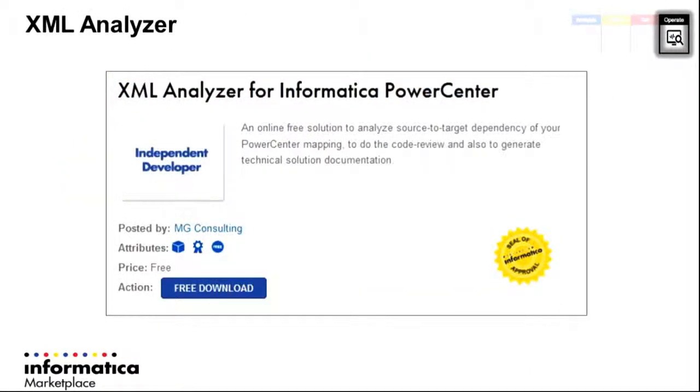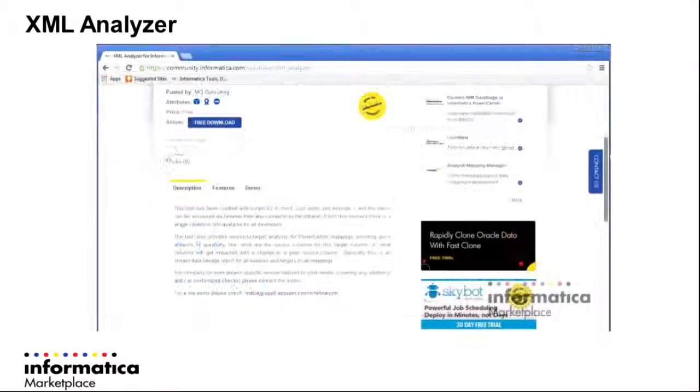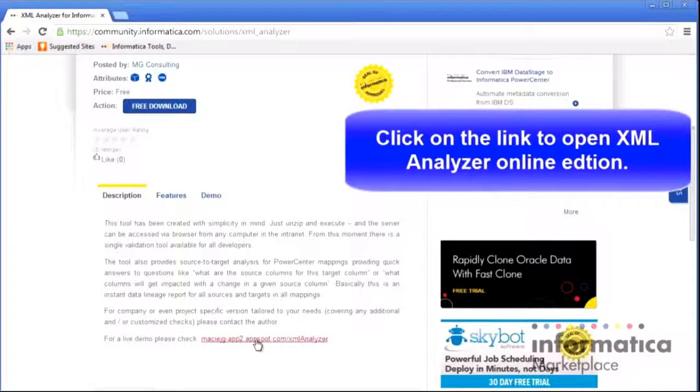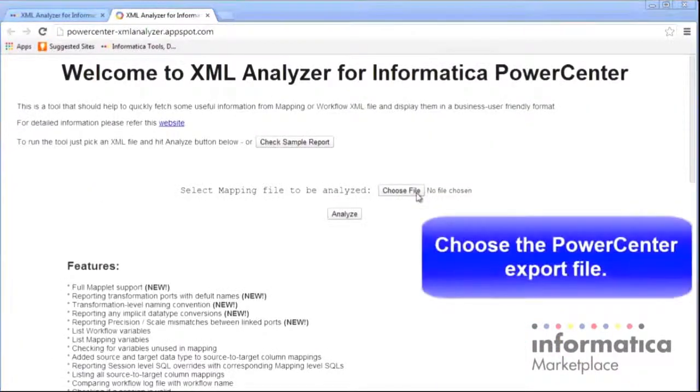The next solution in the operate phase that's free to use is the XML Analyzer for PowerCenter. This is a tool where you may have an administrator that's ready to push workflows into production. Maybe there's a change to a workflow, maybe there's a new set of workflows into production, and the administrator really needs to understand what's in this workflow. I need to get a little bit better of a sense of what's going on here. And so the XML Analyzer will actually give the administrator, in a very GUI-based sort of report-driven way, information around